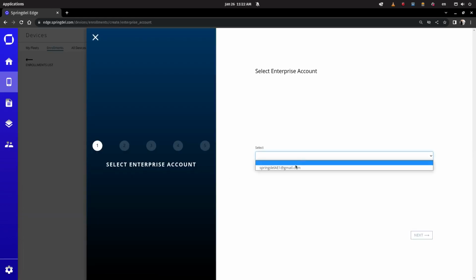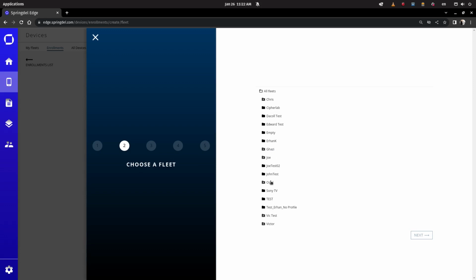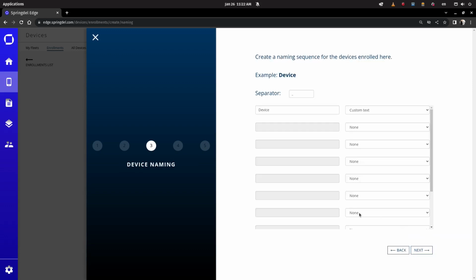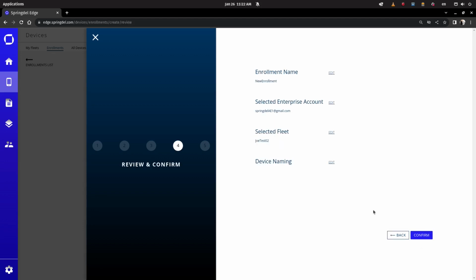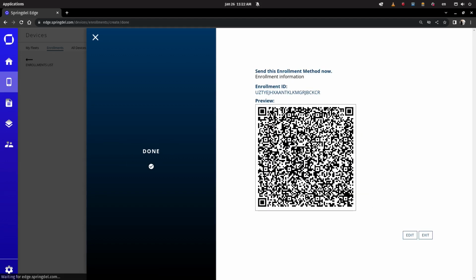You select which associated Google Enterprise account you have. You pick which fleet you want. You can customize how you want the naming to be done. Confirm. And then a QR code is generated. This QR code would allow you to enroll the device. Alternatively,